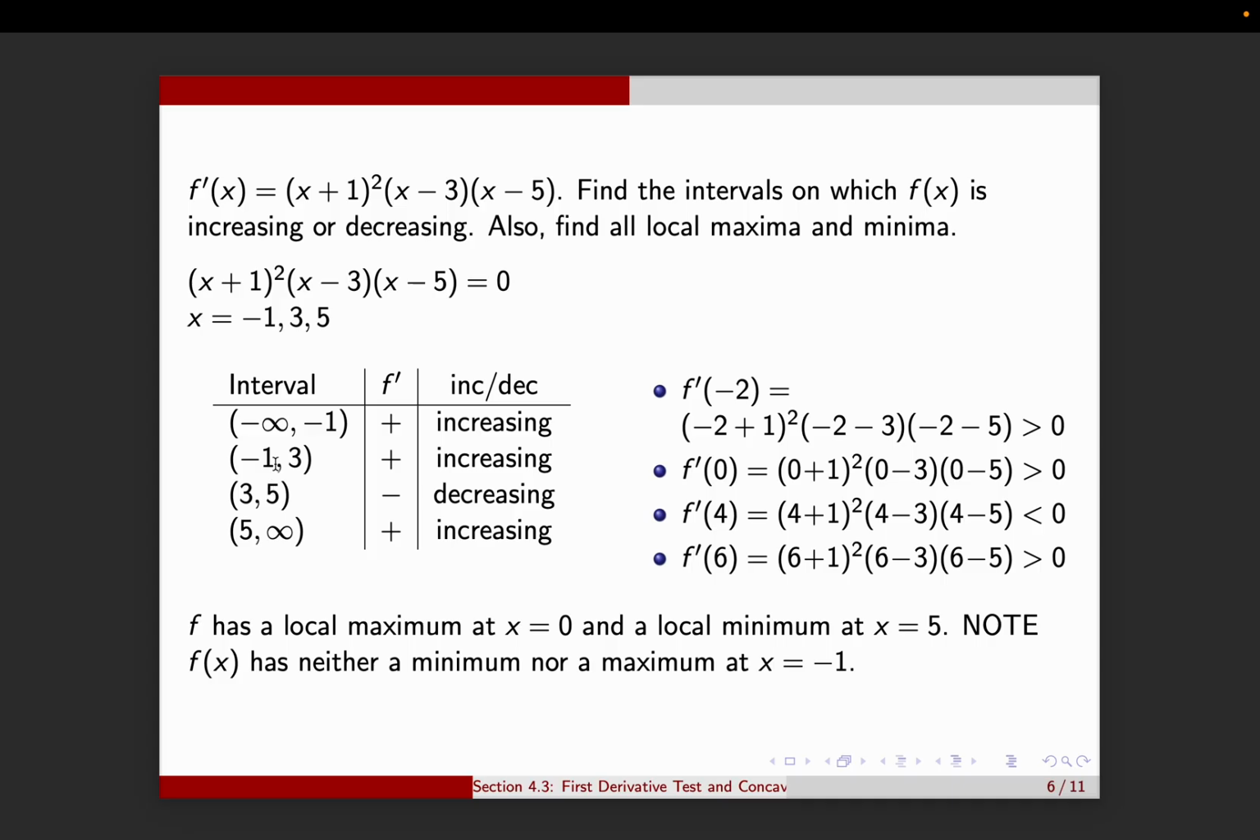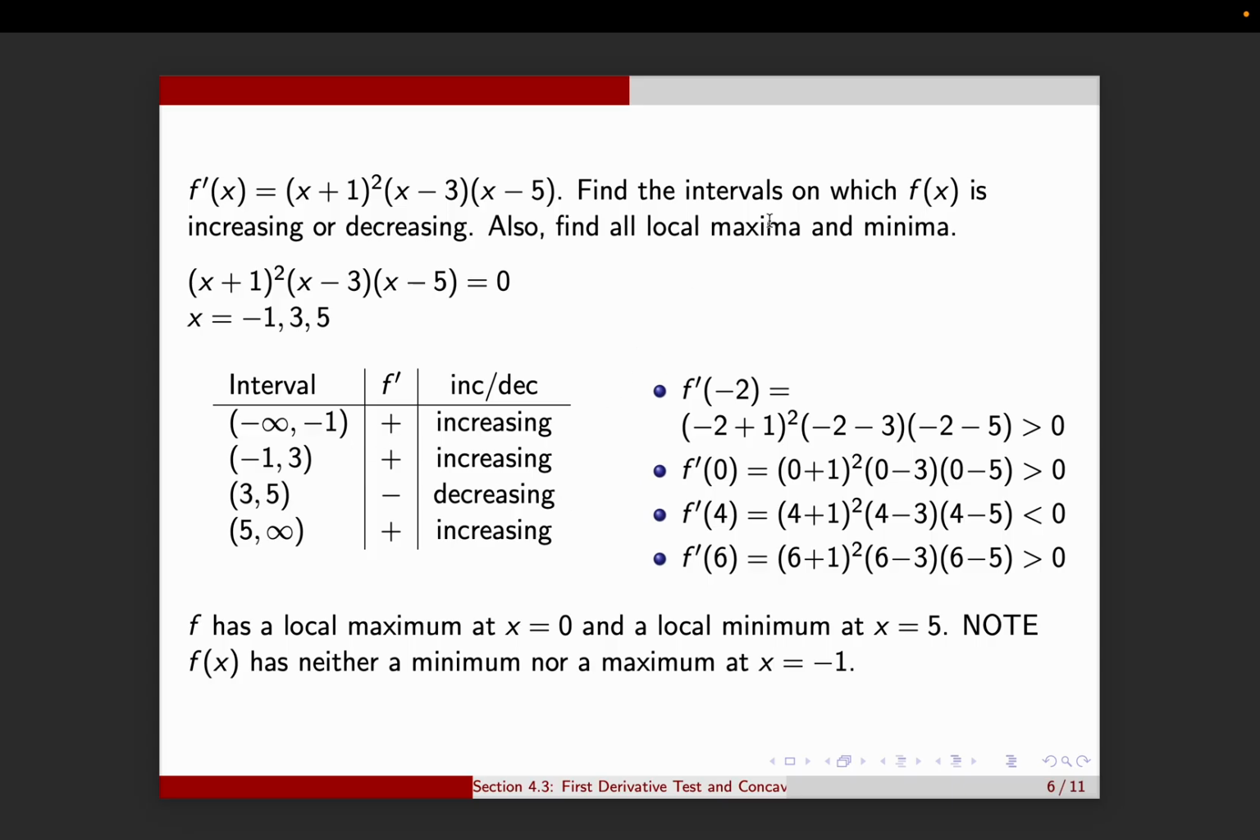And now you can ask what happens between 3 and 5. Once you hit x equals 3, what happens? So between 3 and 5, pick your favorite number. It's probably 4. So I have positive times negative is negative. So the function is going down between 3 and 5. And then to the right of 5, pick your favorite number, plug in 6. You get positive, combines to be positive. Okay, so notice there is no max or min at -1 because the function just went up and